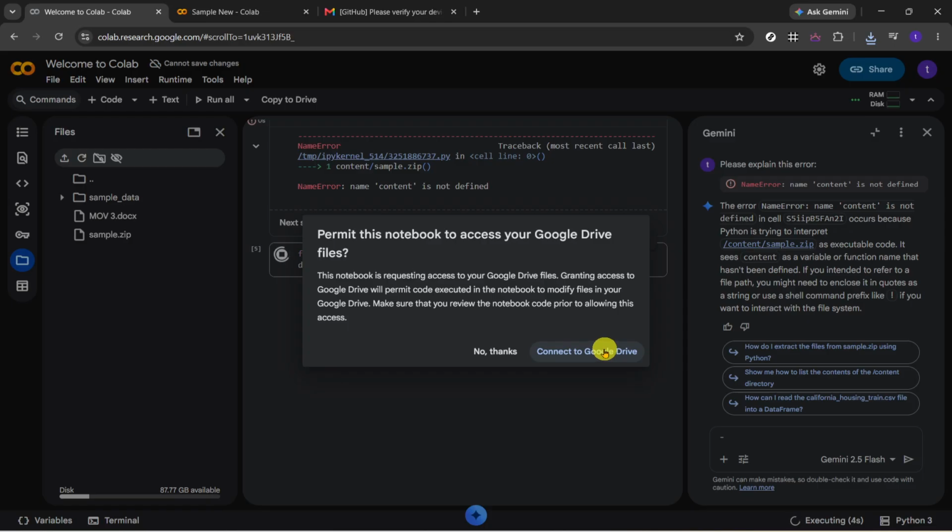When the prompt appears, click the option to connect Google Drive. This will open the authorization flow so you can allow Colab to access your Drive files for this session. Follow the on-screen prompts to complete the connection. After authorization is complete, your Drive should appear in the file browser, and you'll be able to browse folders and